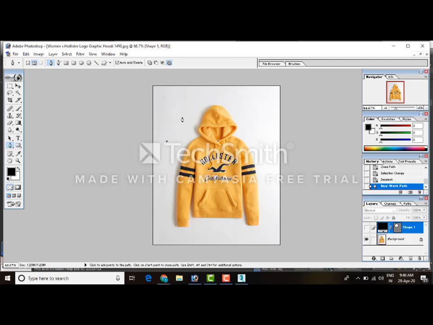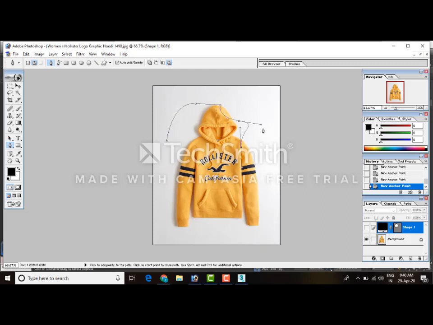Now again I will select Paint tool, click at a point. For the first point you just have to click and for the second point I click and without releasing I will drag it. So it will create a curve. This is called as Bezier curve and we get two handles. These are called as Bezier handles.